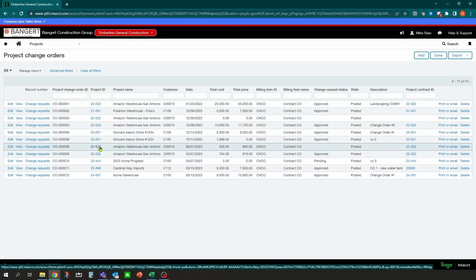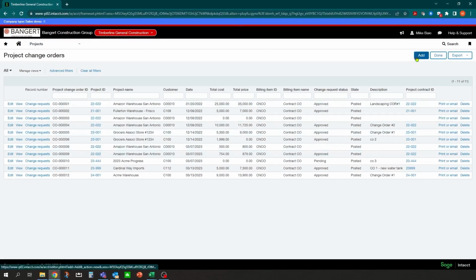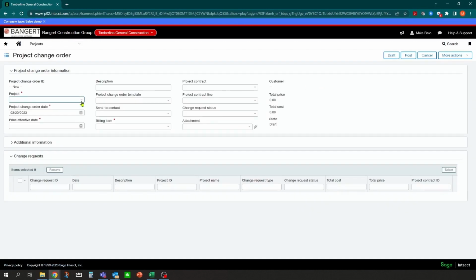So we can come into here and we can hit add. We can grab our project. And again, we're just going to make it today's date, additional cost. So you might have several change requests that could all filter and flow into one change order.